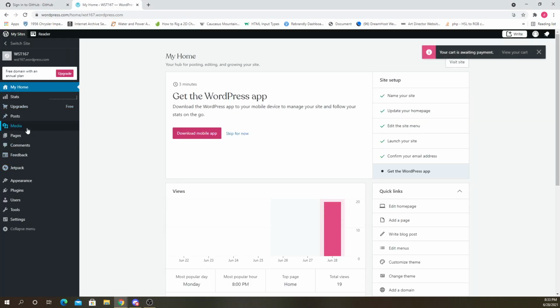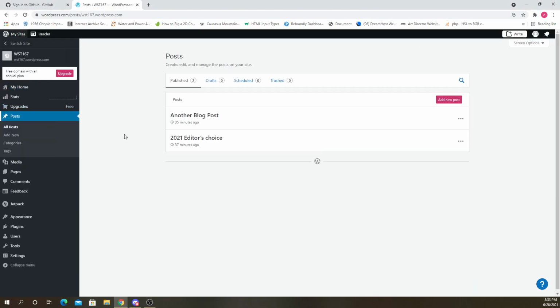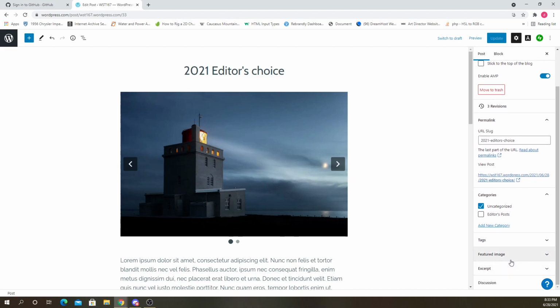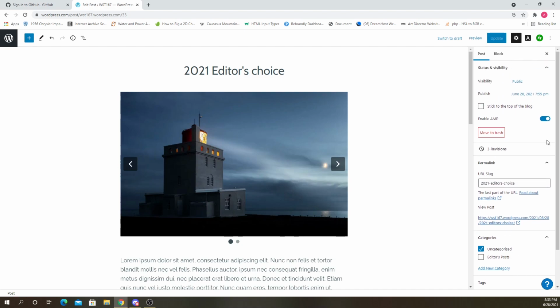So just like pages, posts should also have that option. Let me just check if they do. Say we click on this one to edit the post, we click the post option, permalink, URL slug, 2021, editor's choice. Oh, but it doesn't really let us remove that date from here though. Yeah, that date that's right there at the end, right before this name. I don't know if we're able to remove it from here. We might not be able to do it.